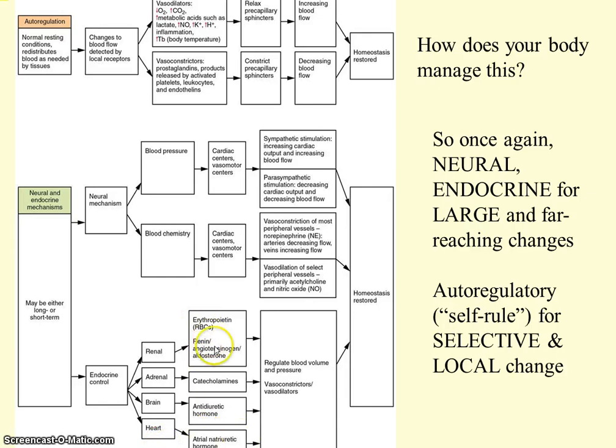So it walks you through some of the hormones we mentioned in the previous video, and says, again, these are all to regulate blood volume and pressure through vasoconstriction or vasodilation. So you are not going to study this and be tested on some figure like this. This just brings it all together in a concise image of here's the influence and here are all the things that can influence.